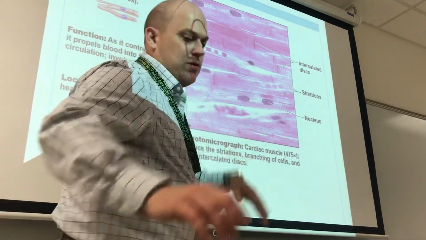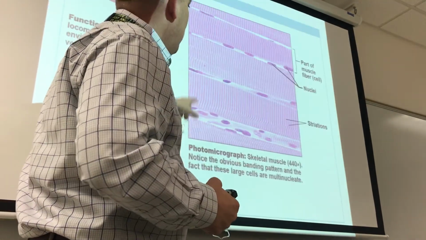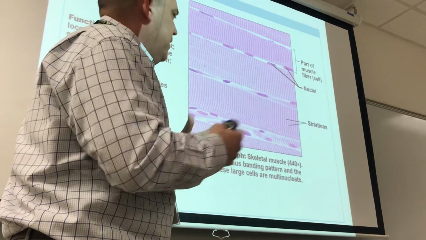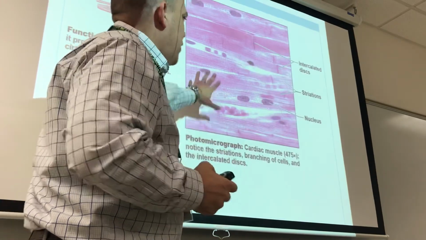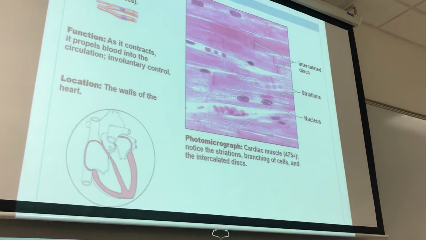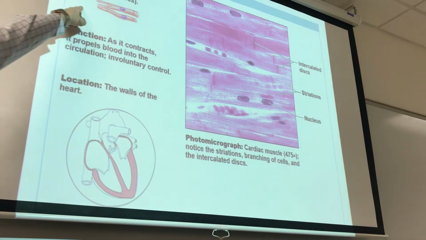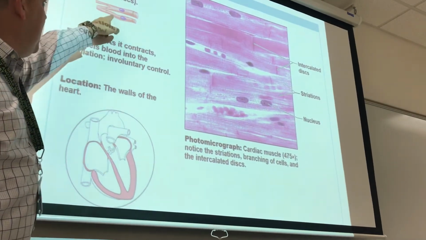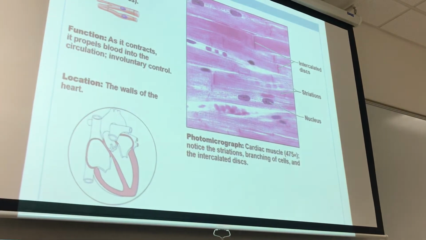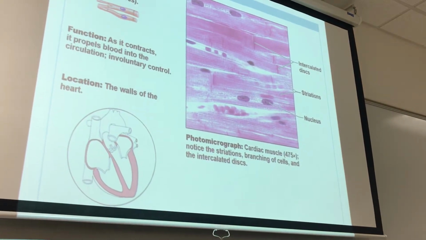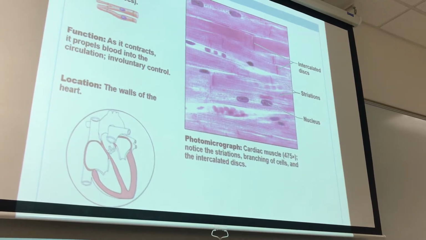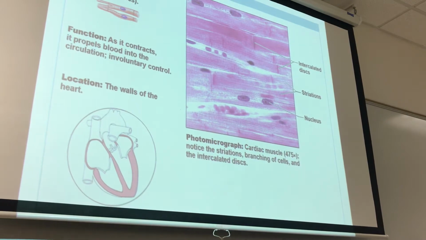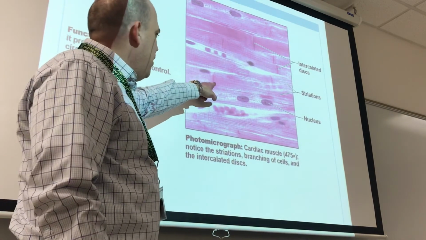But unlike skeletal muscle, which is nice and organized and very easy to kind of dissect in your head, cardiac muscle is a little more hodgepodge, and the reason for that is the shape of the cells. The cells aren't just these long cylindrical cells. They kind of have little forked ends. And so as a result, you're going to see this as kind of having more of a hodgepodge pattern. The other thing that's really important to differentiate between skeletal muscle and cardiac muscle is in cardiac muscle, you're going